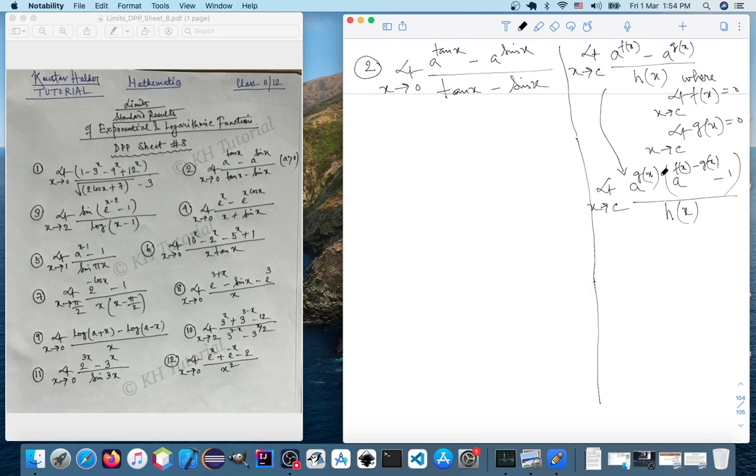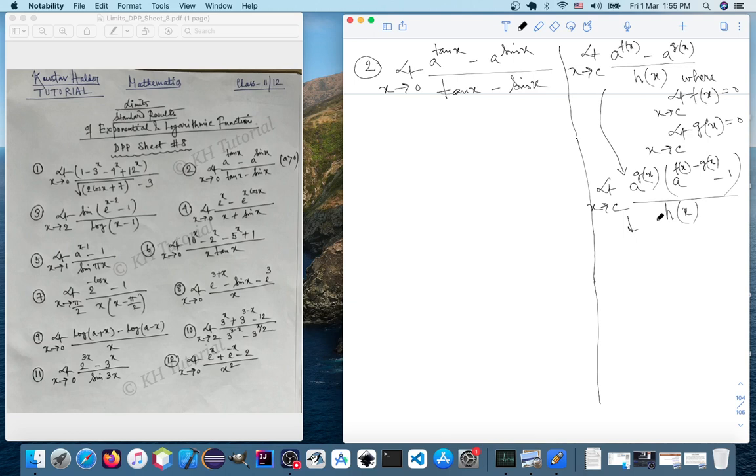A to the power gx won't create any problem when we substitute x tending to c. Usually it won't create any problem. So now we see we have a to the power fx minus gx. So we need fx minus gx in the